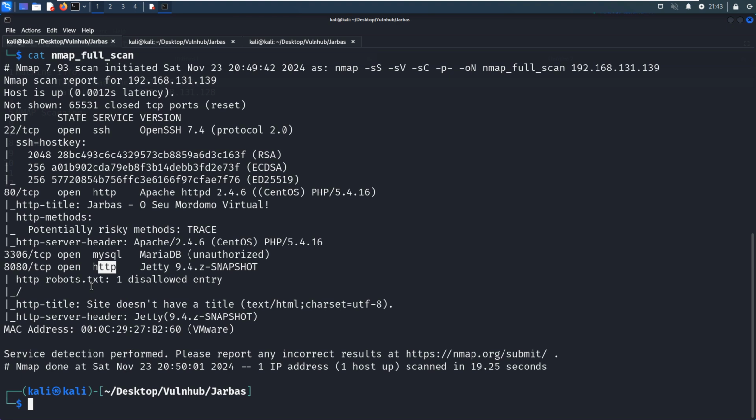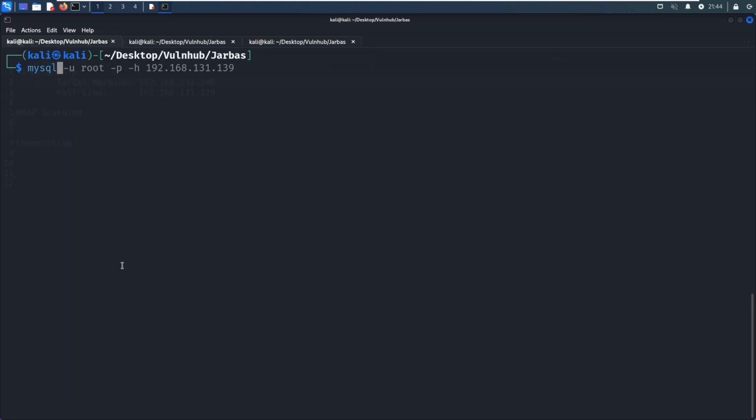So what are we going to do next? Just as I mentioned in the other videos, if the target has MySQL service running, we should test whether the MySQL has a weak credential vulnerability. So how to do it? We can use mysql, with the -u option to specify the username, and the -h option to specify the host or the target.